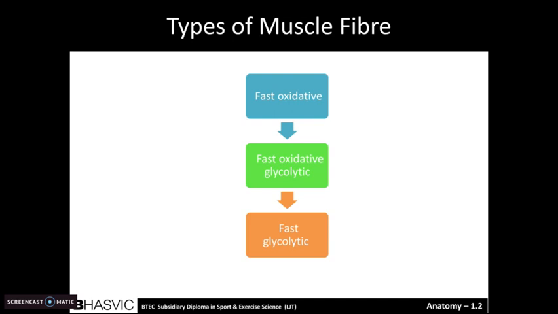The primary function for fast oxidative glycotic muscle fibers is to produce higher tension contractions, and the primary function for the fast glycotic fibers is to produce powerful high tension muscle contractions. In slow oxidative muscle fibers, the fibers per neuron is large. In fast oxidative glycotic fibers, the fibers per neuron is medium, and in fast glycotic fibers,